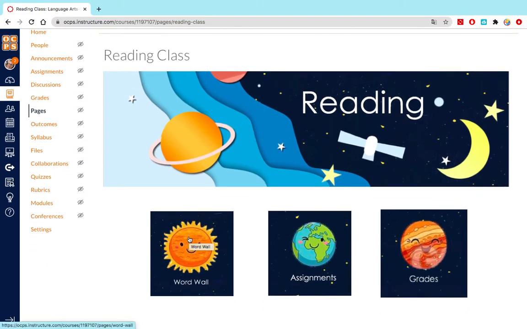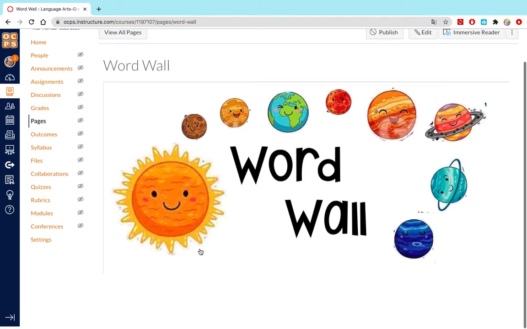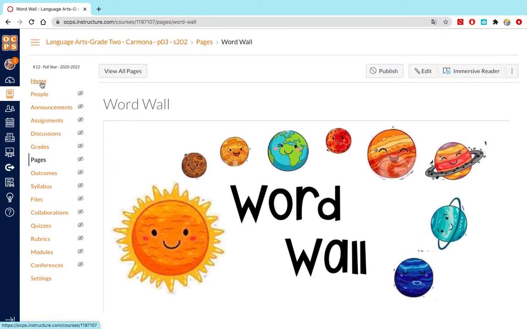Now when I hover over it, you see the little hand. So if I hover over the banner, my cursor is an arrow, meaning that I can click on it all day long and nothing's going to happen. But when I hover over this, if it turns into a little hand, it means it's going to take me somewhere. So I'm going to go ahead and click on my word wall, and it's taken me to my word wall page. If I go back home,